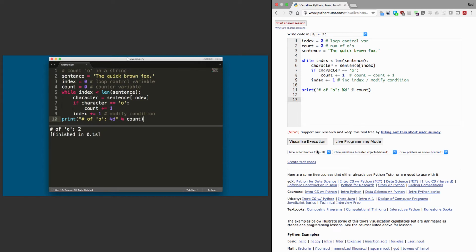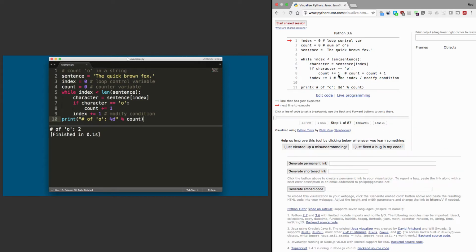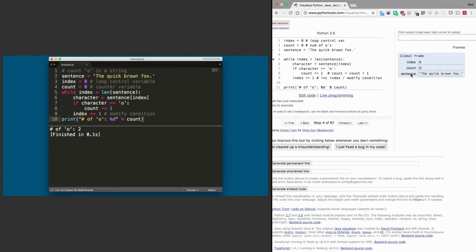Okay, let's go ahead and visualize this one. This one's going to start off roughly the same. We're putting some things in memory. We have index, count, and sentence. So it's remembering this for us. It's going to check our condition. We'll pull out a character, and then we'll look at it and say, hey, are you an O? This time it wasn't. We saw it jump down here, and it's going to increment the index. So that process is going to continue